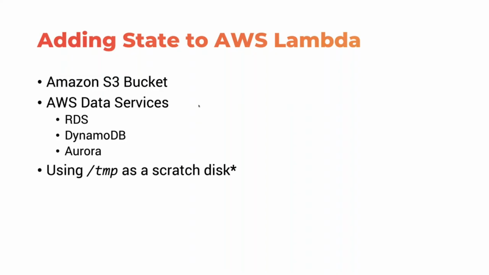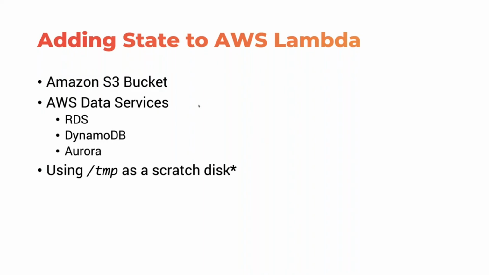One of the other techniques that a lot of Lambda developers use is to target the /temp directory. But I put an asterisk there because it's not a permanent, persistent option. Whatever is written to /temp is going to vanish or become unavailable the next time the function restarts. So it is not a shared storage, or a long-term persistence choice.